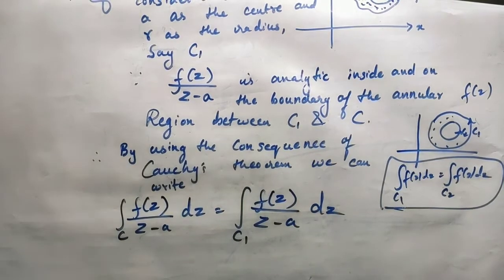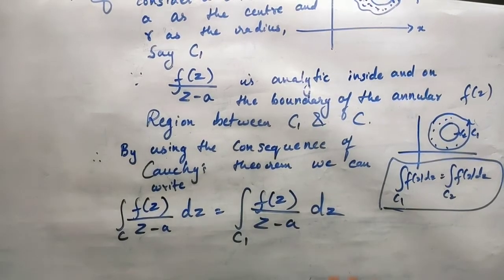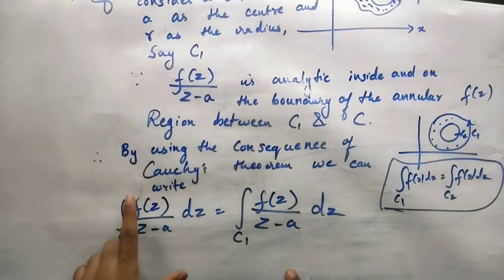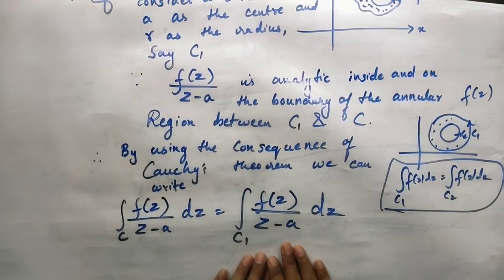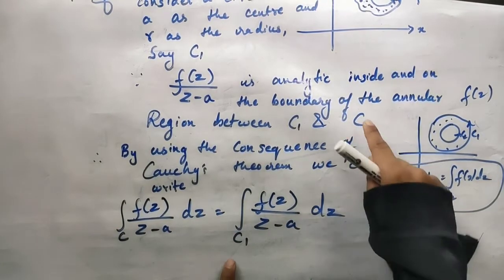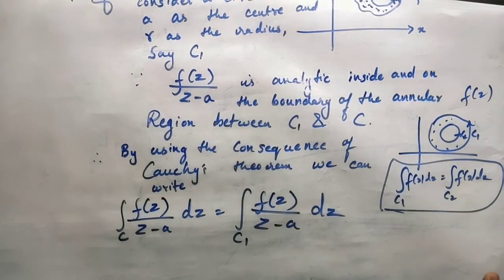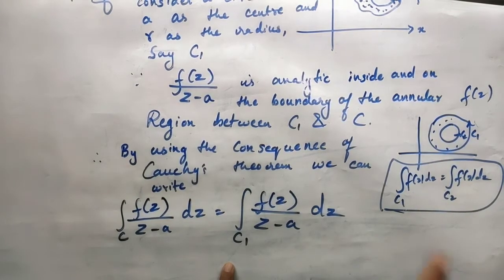Now the rest half is very simple and very easy. See, now we know that integration along the curve C of f of z divided by z minus a dz is equal to this part. But what is my C1? It is the circle that we have already constructed and we know everything about that circle. About the curve C, it's an unknown curve for you, but you know that it is a simple closed curve. But about C1, you yourself have constructed it and you know very well it is a circle.